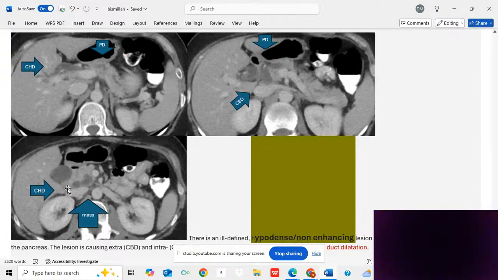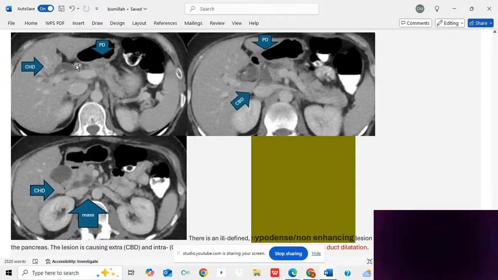Here's the duodenum. This is the pancreas and this is the mass. This is not the dilated duct. Here's the duct. Can you see it? It's kind of stuck here. Here's the mass. Here's the dilated common bile duct. And if you go with this duct,